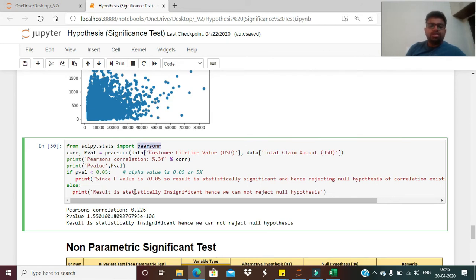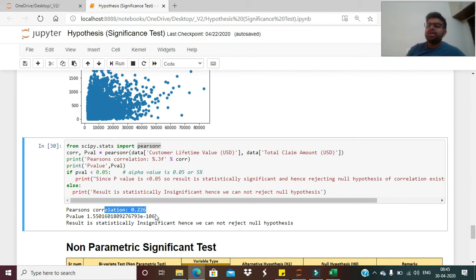With this piece of code, we get the Pearson correlation of 0.226. So nearly 23%, or nearly 0.3, of correlation exists between these two variables, total claim amount and customer lifetime value. The higher the magnitude of the correlation value, the higher the correlation between the two variables.